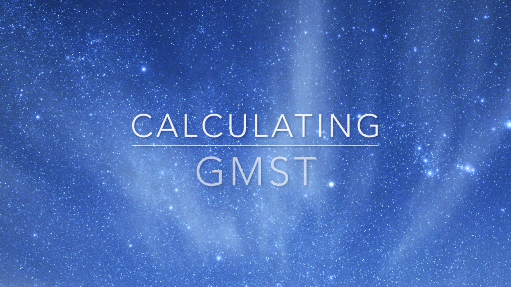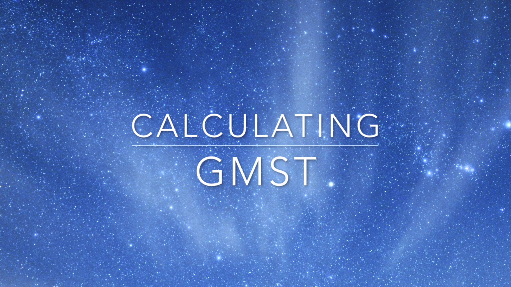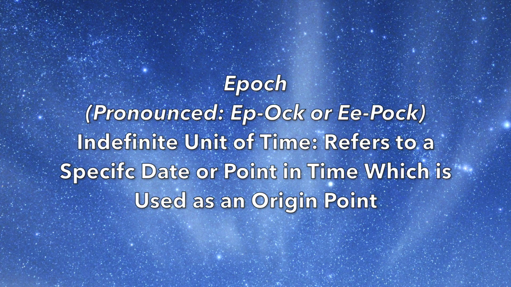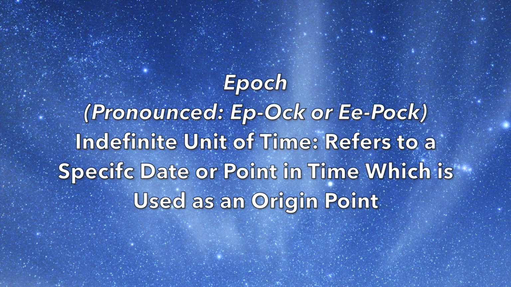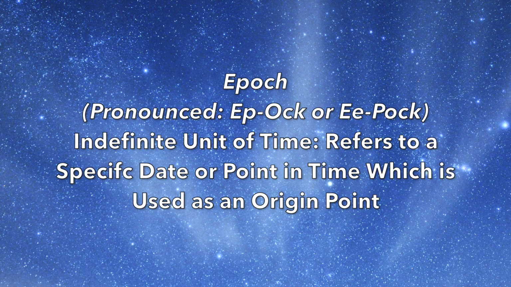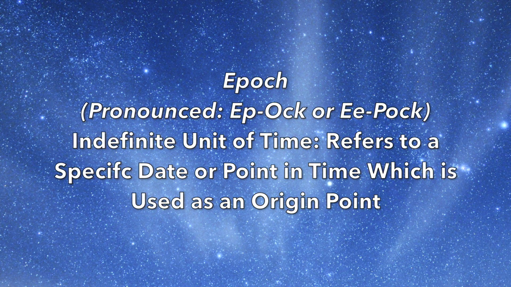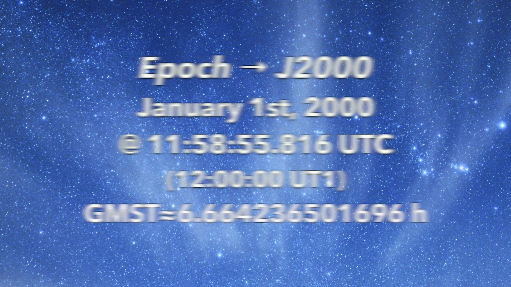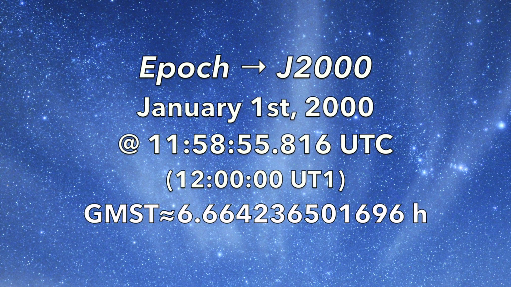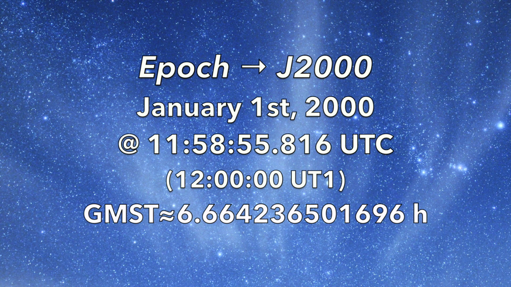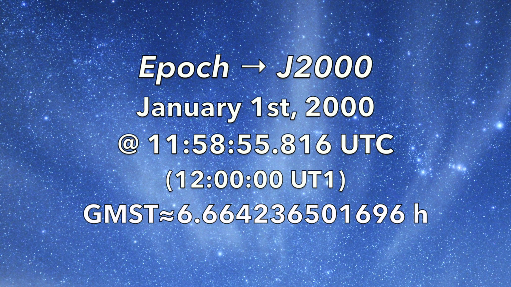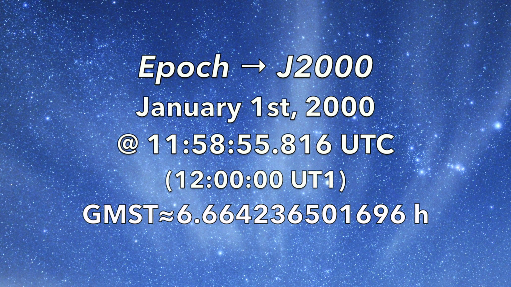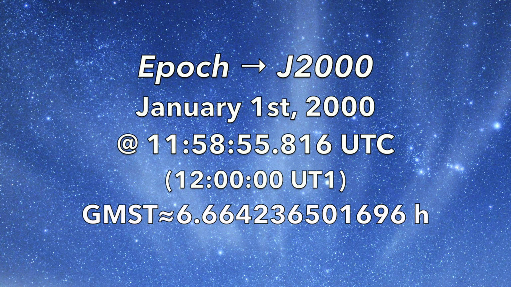Instead of having to look up the current Greenwich mean sidereal time, it can be calculated using the GMST of a specific epoch. An epoch, pronounced either as epoch or epoch, is an indefinite unit of time. In astronomy, it is used as a reference or an origin point to determine parameters at a specific point in time, which is usually specified by a given date or year. For instance, the most commonly used epoch is called J2000, which refers to January 1st, 2000 at about 11 hours, 58 minutes, and 55.816 seconds, UTC,